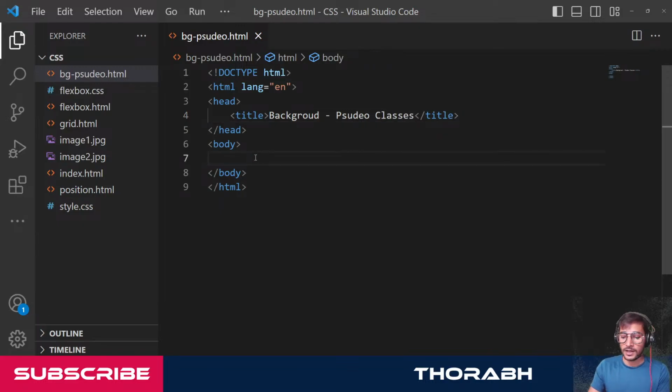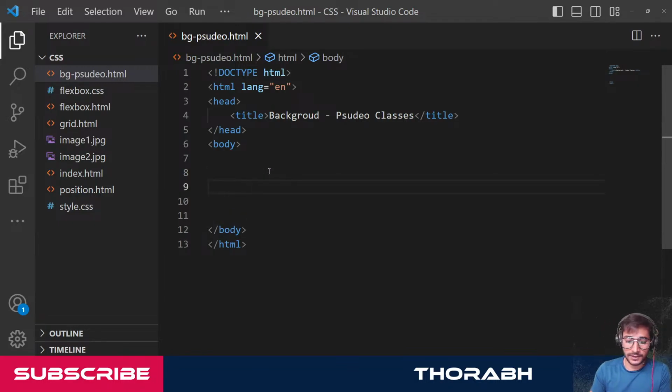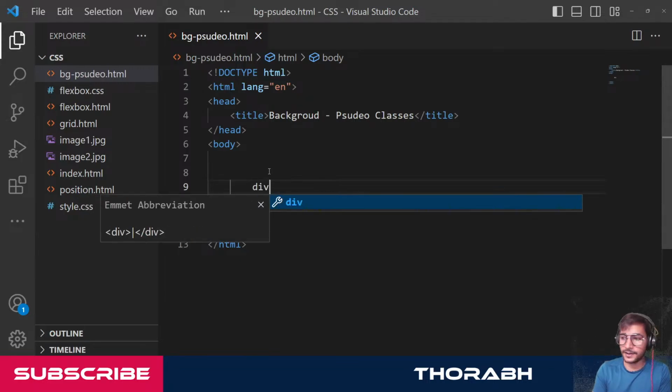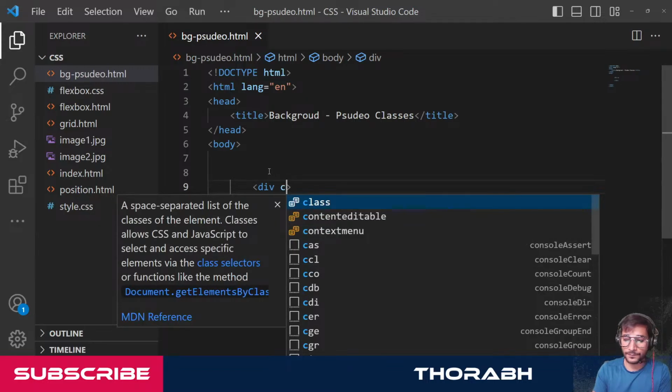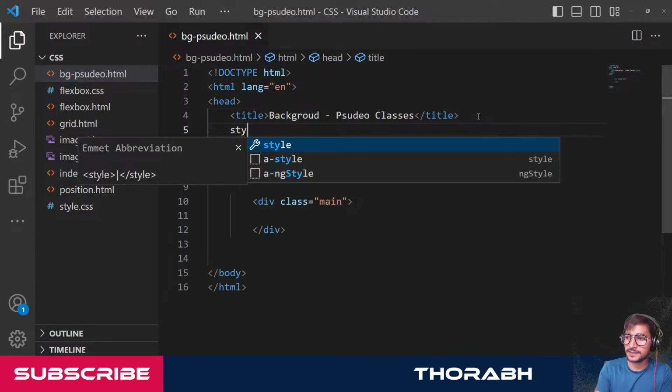Let's go. So now, see guys, one background property is something that you already know, that is background color, that we normally use to give colors, right? So let's go ahead. Let's say I create a div here. I give it a class. Let's call it main, something like that. And again, I'm using internal CSS in this case. The style